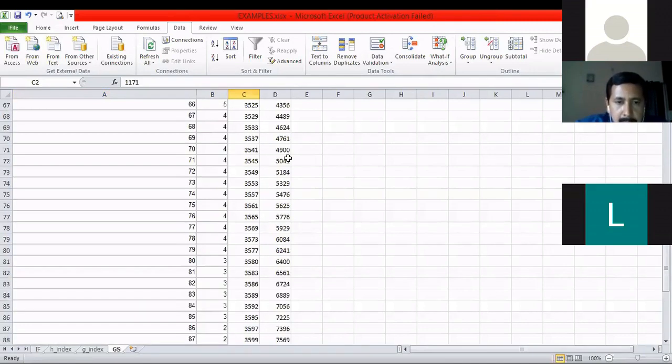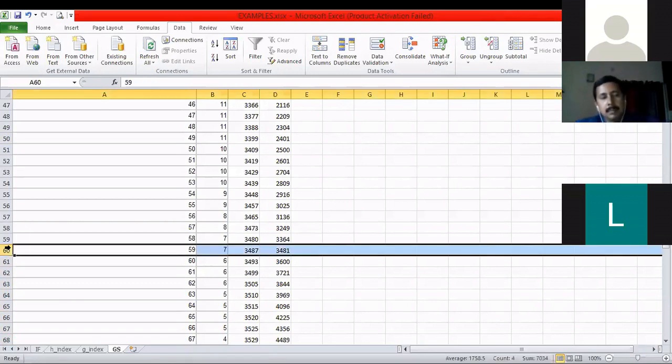I'll just come down to the point where the cumulative number of citations is higher than the squares. Now, if you come to this particular row,